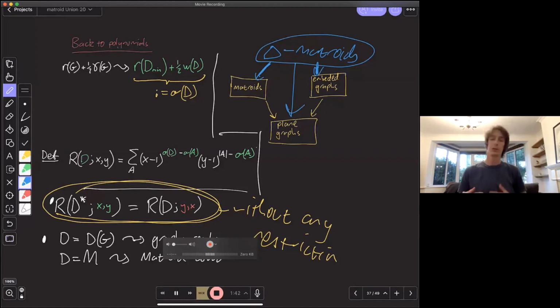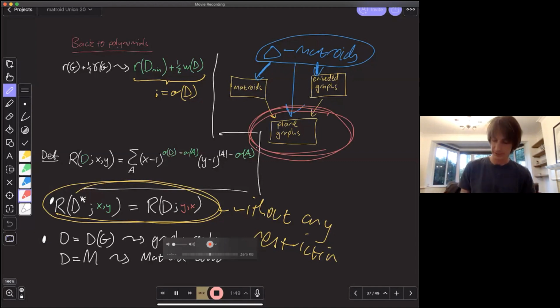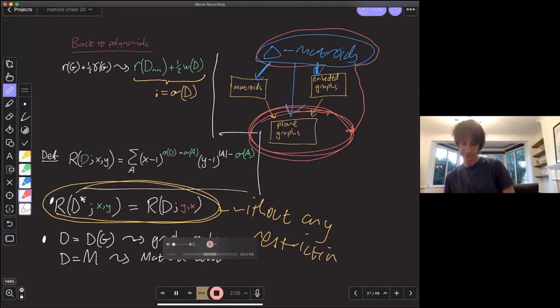So let's think about what we did. We started off with this beautiful, wonderful, fundamental duality formula for plane graphs. It was incomplete, so we just followed it home to see where it would lead us, and we ended up in the world of delta-matroids.